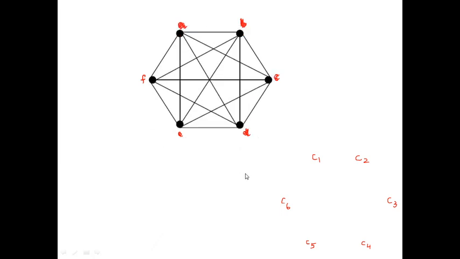Let's see another example, which consists of 6 vertices A, B, C, D, E, F, which is the complete graph K6, and you can see the coloring now. A, I am giving the color C1, and remember all the vertices are adjacent, so definitely you have to give different colors to these. C2, C3, C4, C5, C6. So 6 colors we need. You can observe this.